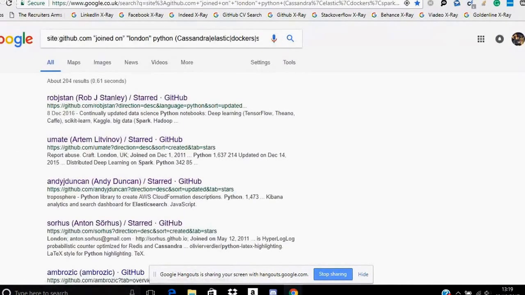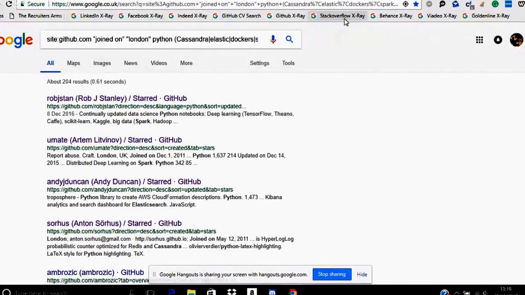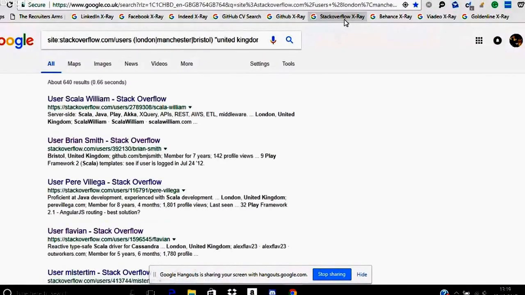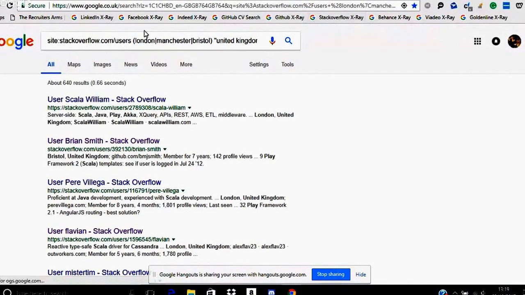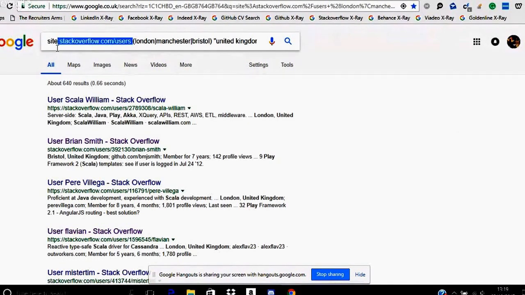But that's a GitHub search. Next one is Stack Overflow. Stack Overflow is exactly the same as GitHub, just a different website for developers to hang out on. For Stack Overflow, same site,